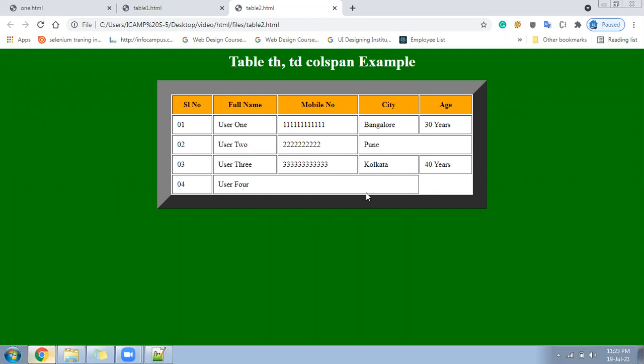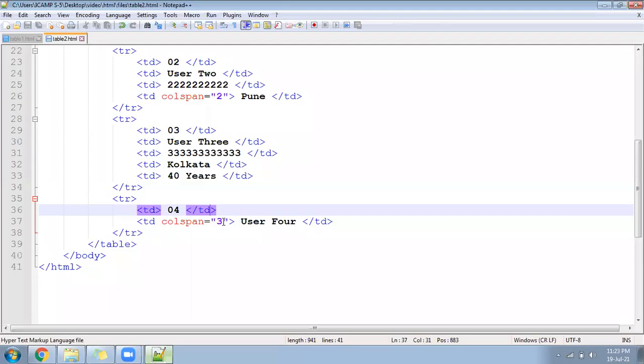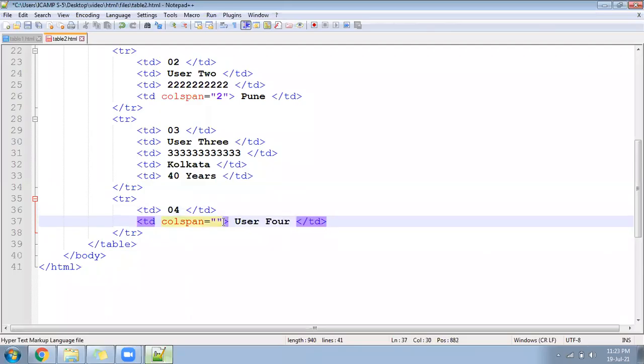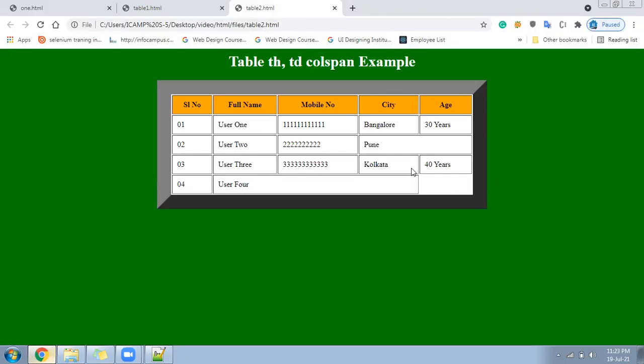So how much should we give colspan? Exactly 4 only. Okay, so we have to write here colspan is how much? 4. Then 3 are missing and 1 is the name. 3 plus 1 will become how much? 4. Let me show you now. Look at here, covering the full width. Now the next user will be one who has all the details. So hope you are understanding the colspan.